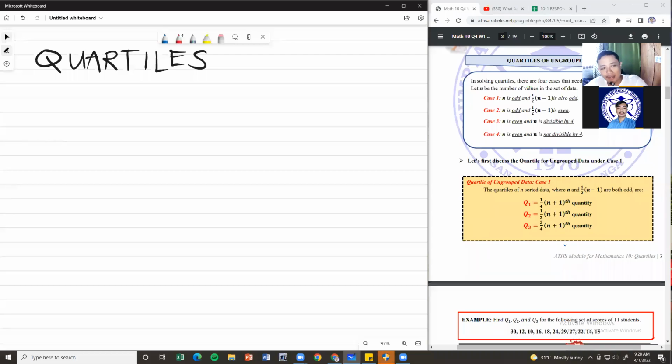Okay, so to continue, we just learned how quartile works in a set of data. And of course, what we are learning now is actually the quartiles of ungrouped data,